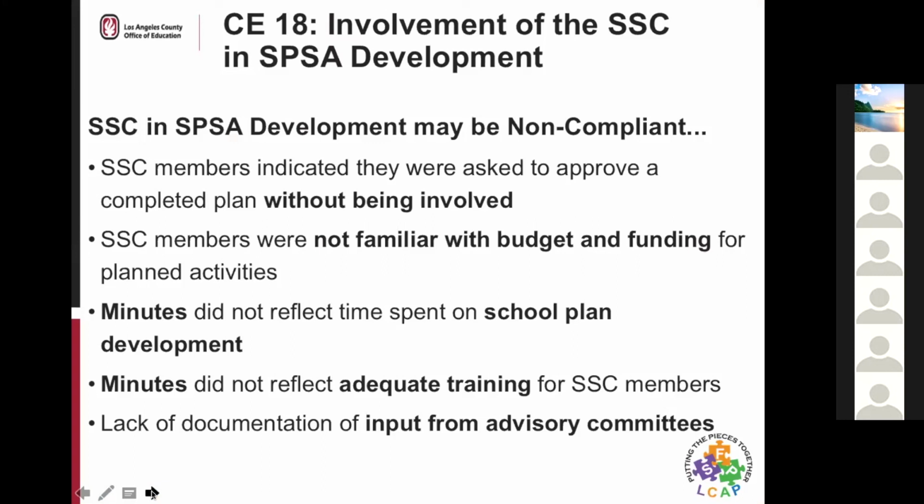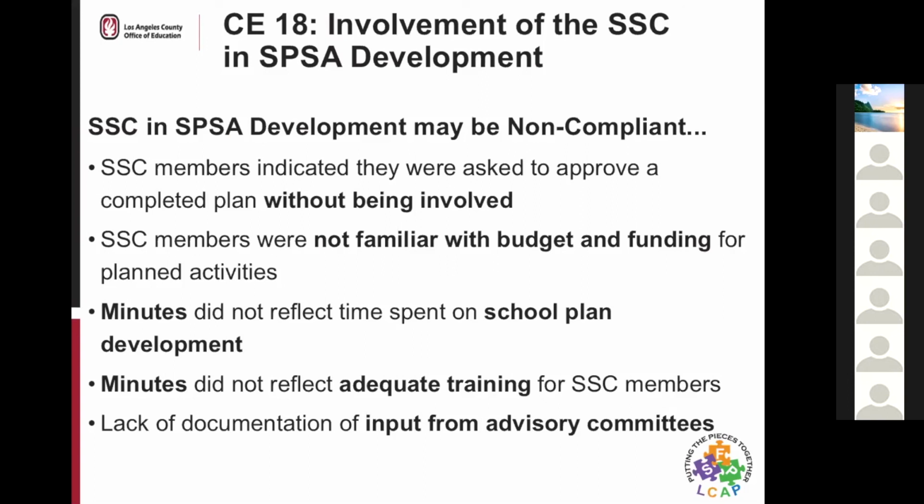Some typical non-compliant items for CE18 are that the school site council members, when they were interviewed, stated that they were asked to approve a completed plan without being involved. Also, school site council members were not familiar with the budget and the fiscal side of the planned activities.